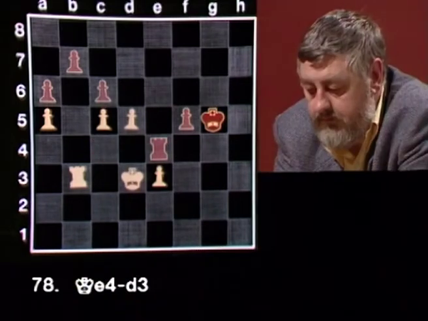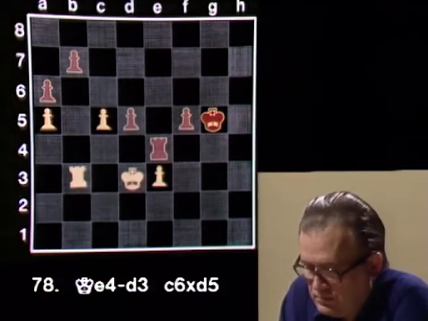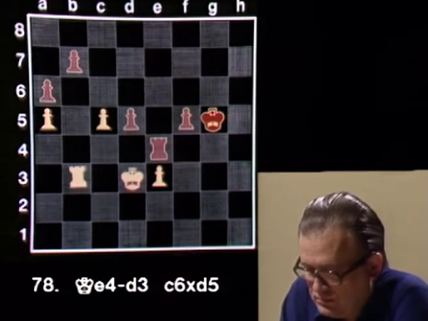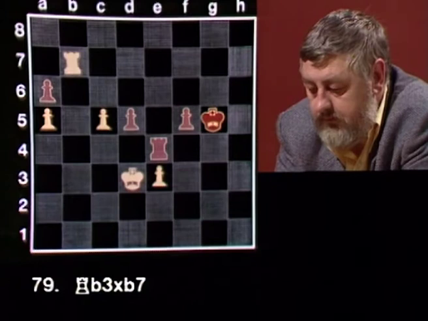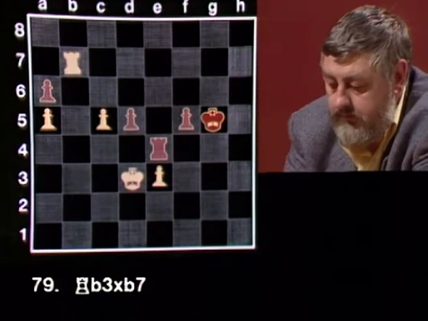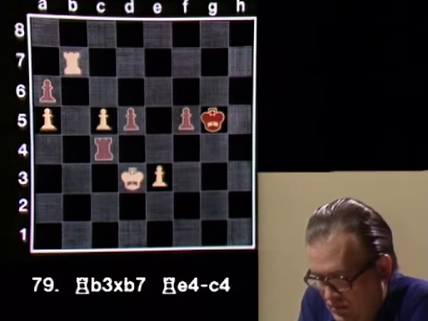Now I take the pawn. c6 takes d5. I don't know if this is a win, but at least I can say I got this far. Rook takes b7. And I go behind his dangerous pawn, rook e4 to c4. I think I must protect